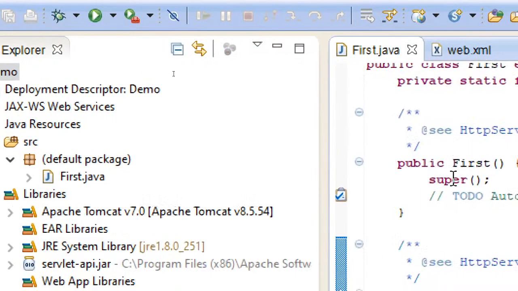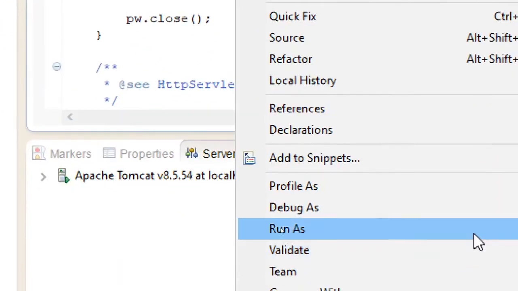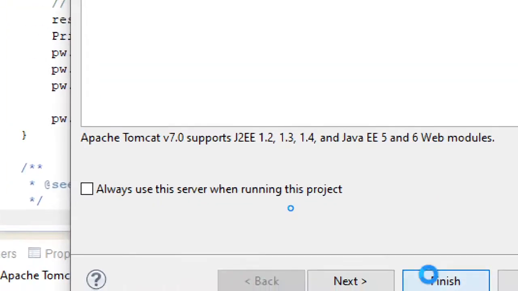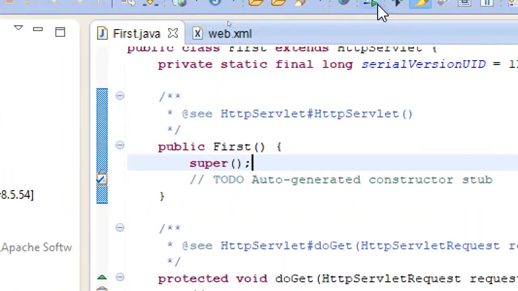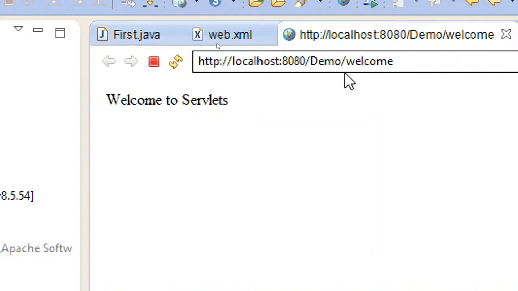Okay, first.java, and let me just run this once again and see. Run on server. So again the same things: finish, restart the server. Here you can see now the URL pattern: the project name and then welcome.